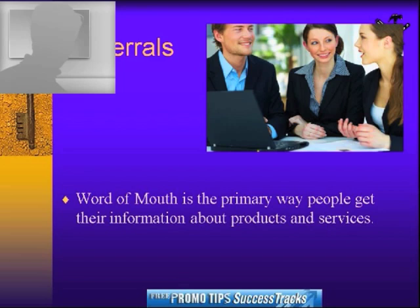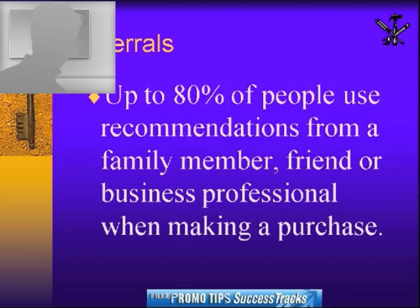And remember, referrals basically stimulate word of mouth. Say you're a distributor and I'm the client, and you come to me and say, do you know anybody that could use pens? And I'm the client thinking, well, I have my whole list of contacts, and I'm like, that might not be the best question to ask. But when you can ask a question,